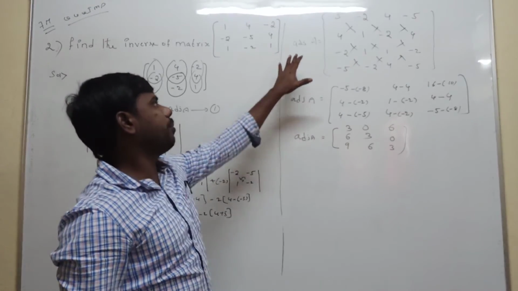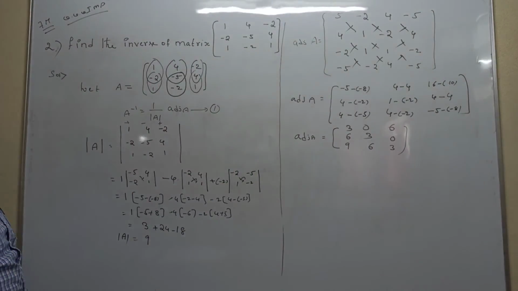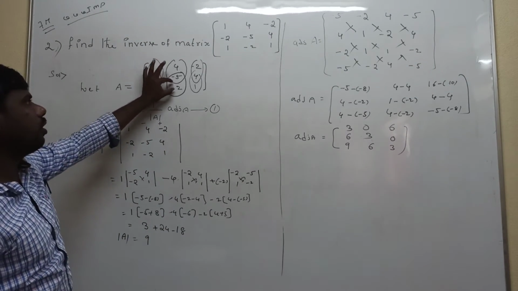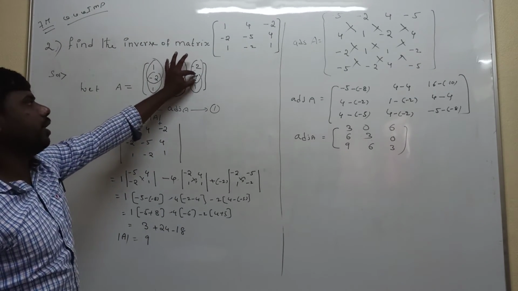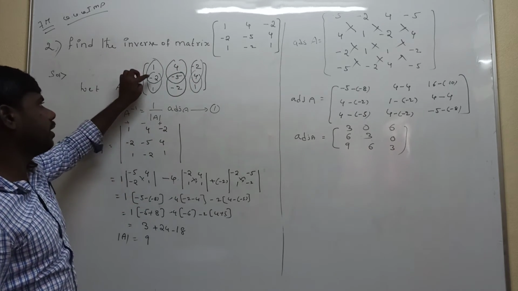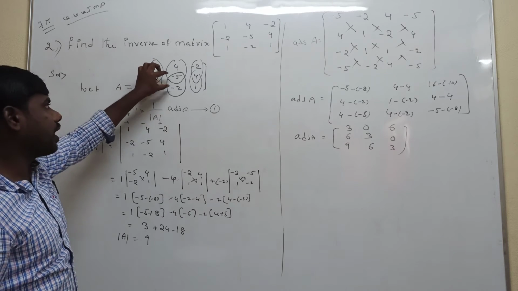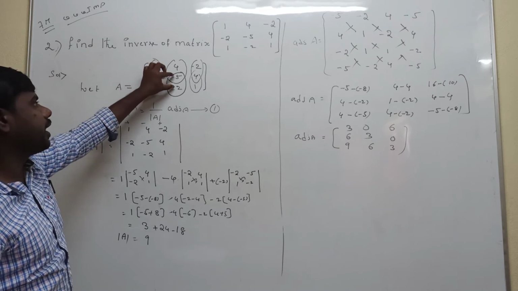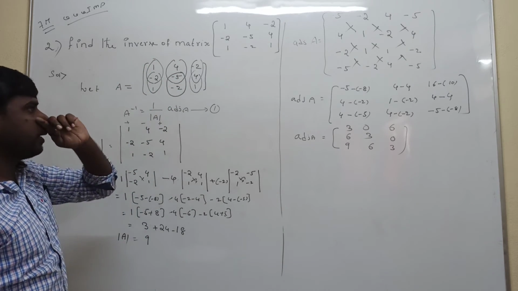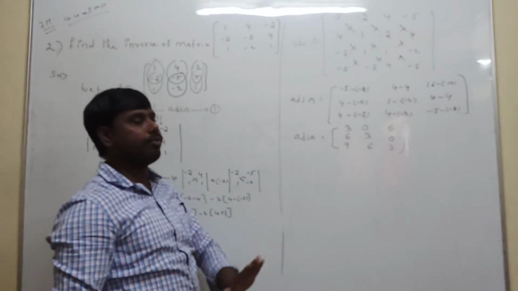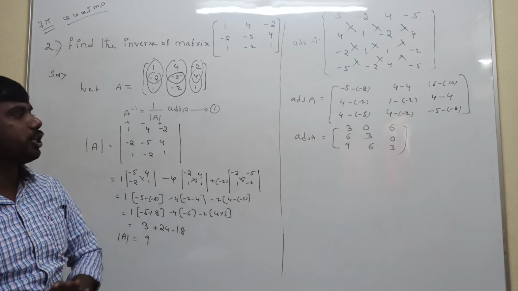So now how to take the adjoint in the given method? What is the middle element? It is minus 5. That's why you start from the middle down, up to the middle. Right-hand side, middle down, up to down. Next left-hand side, middle down, up to down. Where you start, the final answer can take the last from here only. That's why you take the last also here only. After that, applying cross multiplication, finally get the adjoint. Okay. So the delta value and the adjoint of A values.